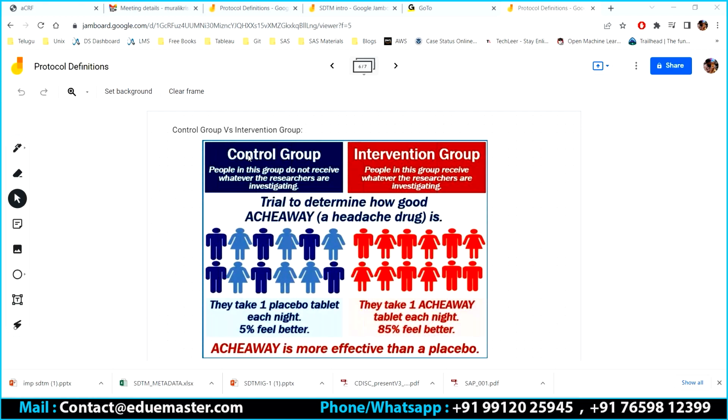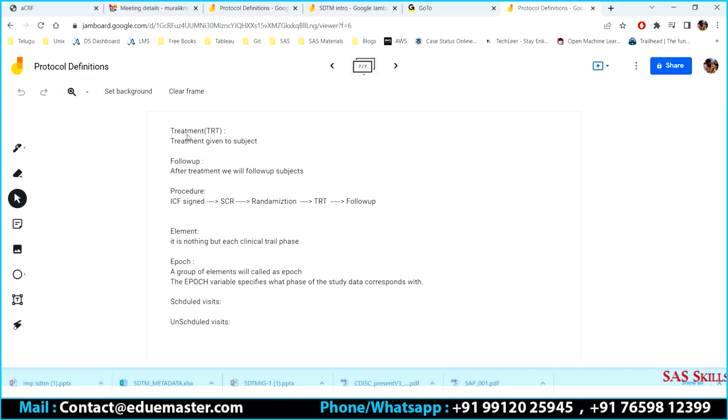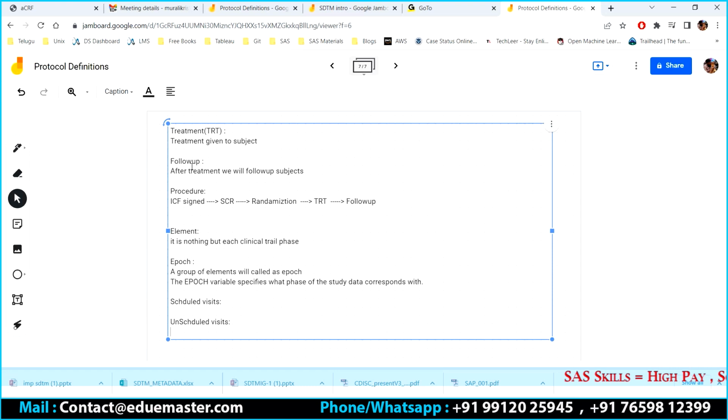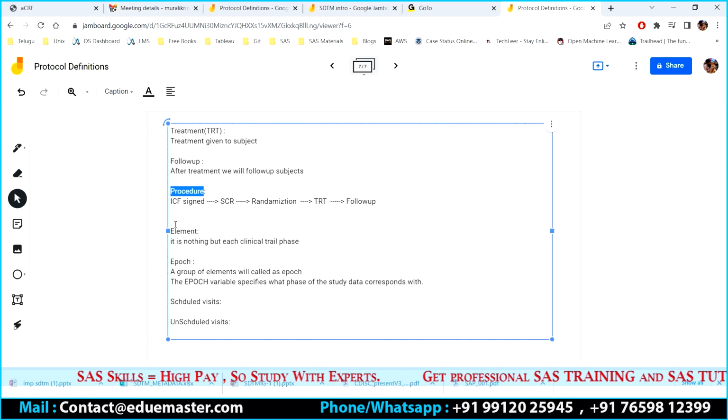Actually, they are taking the placebo. Placebo is nothing but a fake pill. Correct? It doesn't have any active elements. It is just a fake pill. Correct? So we also talked about treatment and follow-up, and the procedure. The procedure is: first we get the consent, then we do the screening, randomly we create the groups, then we provide the treatment, and we do the follow-up.